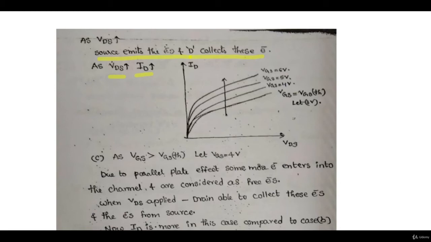Electrons will come, go through this channel, get collected at the drain, and then go to positive. Electrons are going in this direction, so the current will be in the opposite direction, drain to source. And that's the reason whenever you see an n-type MOSFET, this is all we are talking about: n-type, because the channel is of electrons. So we call it an N channel MOSFET.